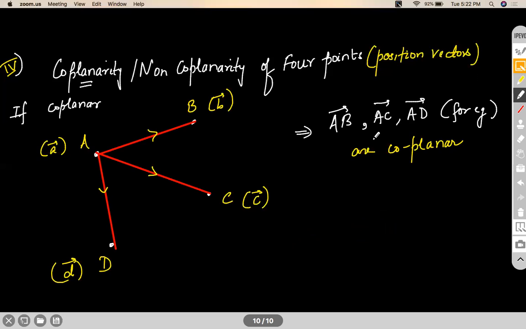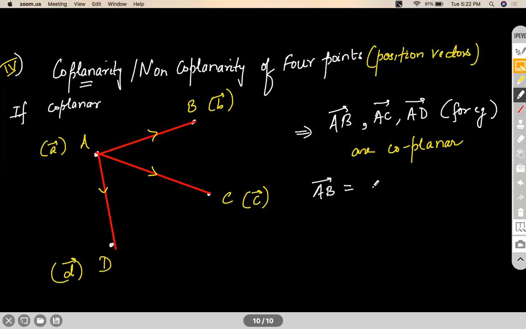You can make AB, BC, CD also. Not an issue. You can make AB, AC, BD also. Any three vectors. Okay, 6 vector combinations can be formed, right? So any three vectors you can make from this, and if you're able to prove that one of them